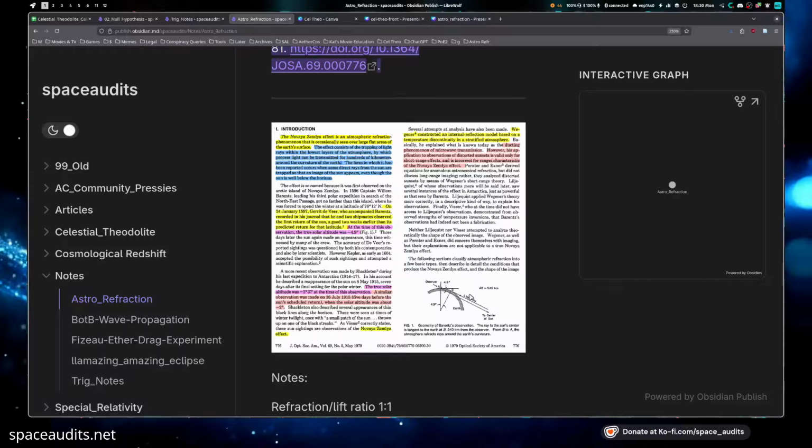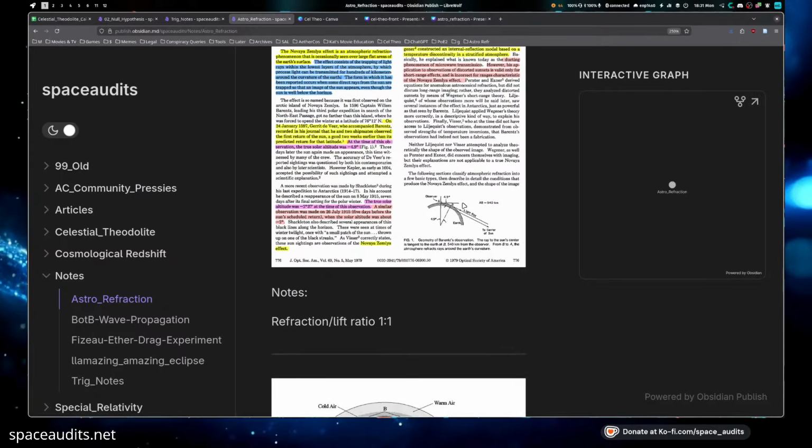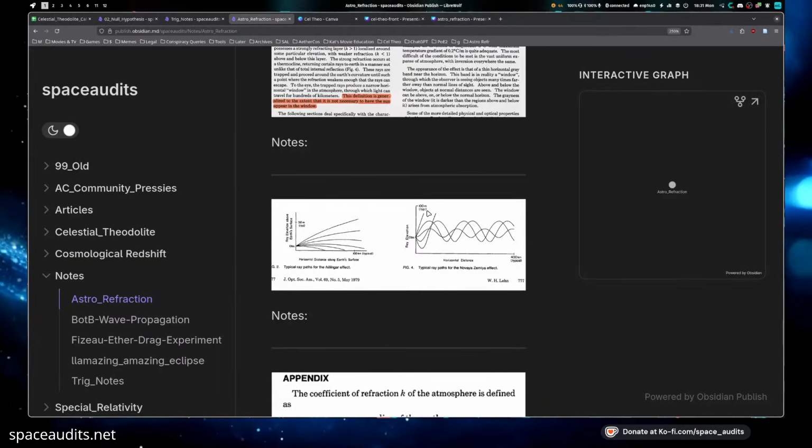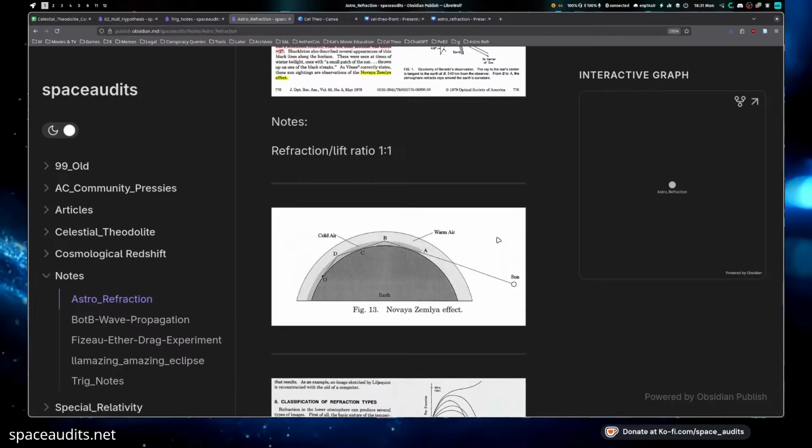So what I mean by that 1-to-1 is that they say that the sun is 9.4 degrees below the horizon, but it was observed 4.9 degrees above the horizon. I set that backwards. So they need 10 degrees of refraction here to lift this up, and they never measured that or anything like that. They just calculated out what it would have to be via these kinds of diagrams where they say that along the way, there's a thermal duct that creates these conditions where the light rays can bounce up and down essentially like this.